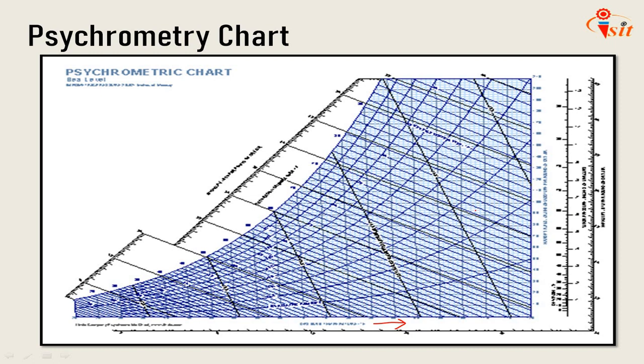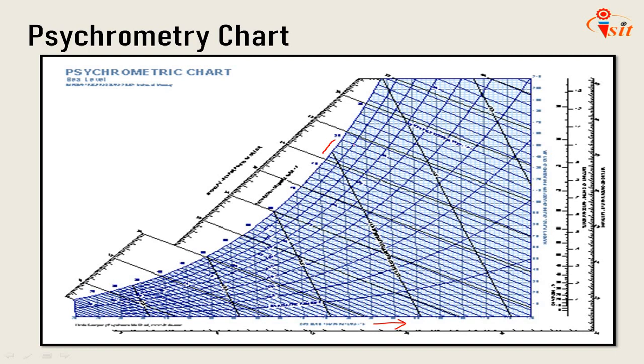From the psychrometric table, we can find out the specific humidity at a particular dry bulb temperature when the air is fully saturated. Say the specific humidity at 10 degree, 20 degree, 30 degree are 7.6, 14.7 and 27.2 grams. We can represent all these points on a chart as shown in this figure. If all these points are joined by a line, then this line represents 100% saturation line or 100% relative humidity. So here this last line is nothing but 100% relative humidity.